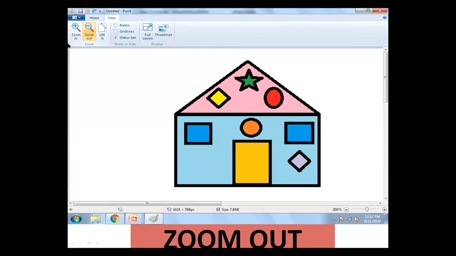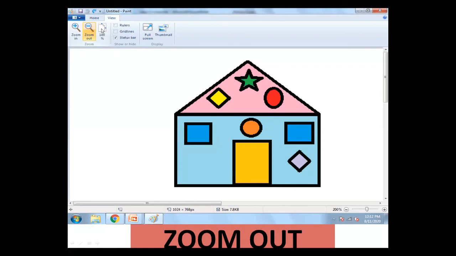So we learn how to zoom in and zoom out. We use the zoom in option to increase the size of the image, and we use the zoom out option to decrease the size of the image. There is also an option, and to see the actual size of the picture, we click on the 100%.